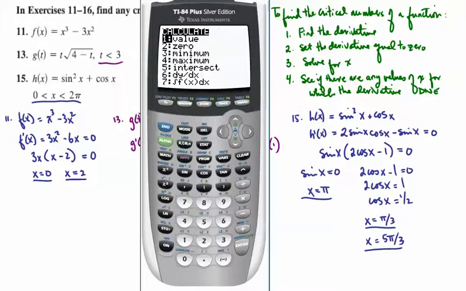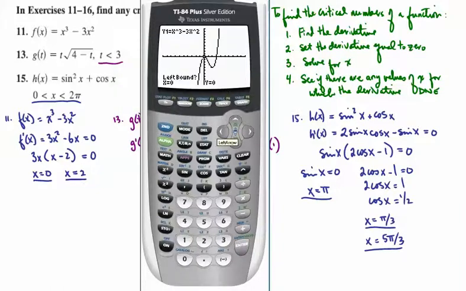So just in case you want to do this, you go to second calc, you have a maximum, number 4, and what you have to do is you have to go a little bit to the left, then go a little bit to the right, and then hit enter for guess, and it gives you this value, which is essentially 0. You have 1.15 times 10 to the negative 6, which means you move the decimal place 6 places to the left, which is essentially 0. So we check that out,